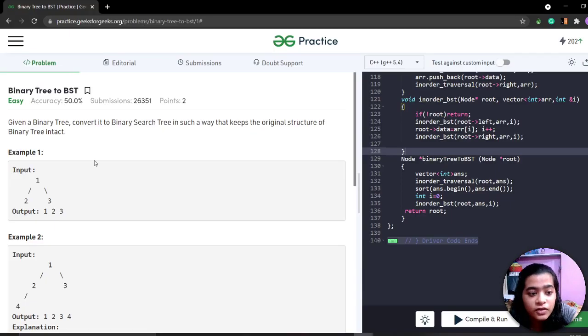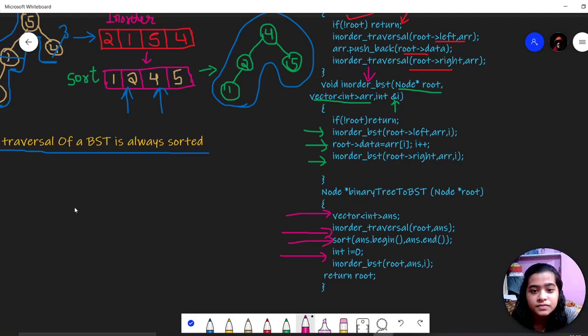See, in the question it was given this tree and we have to return the tree. So we are making the answer array for storing the answer. In the in-order traversal part, we are calculating the in-order traversal. In the in-order BST function, we are replacing the tree's values by the array values. Then we are simply returning the root.